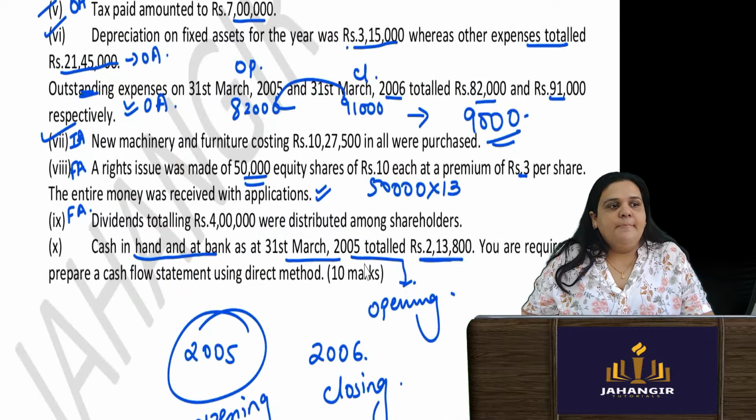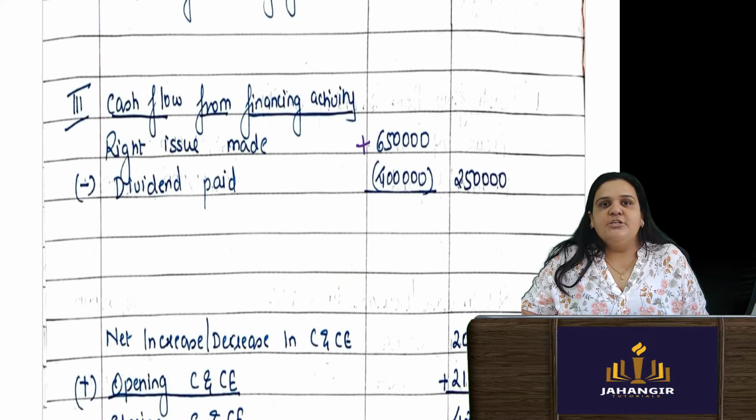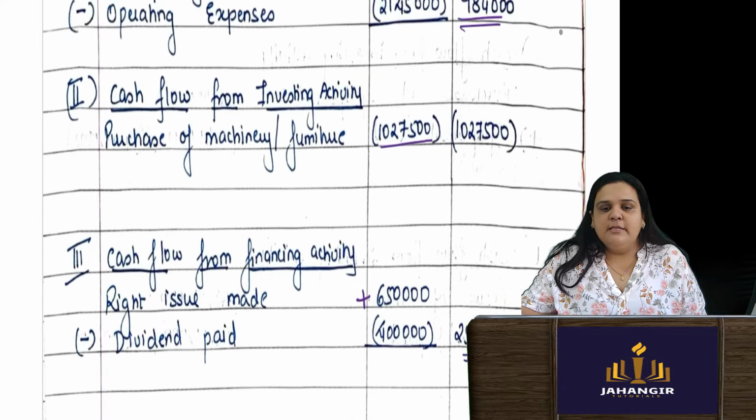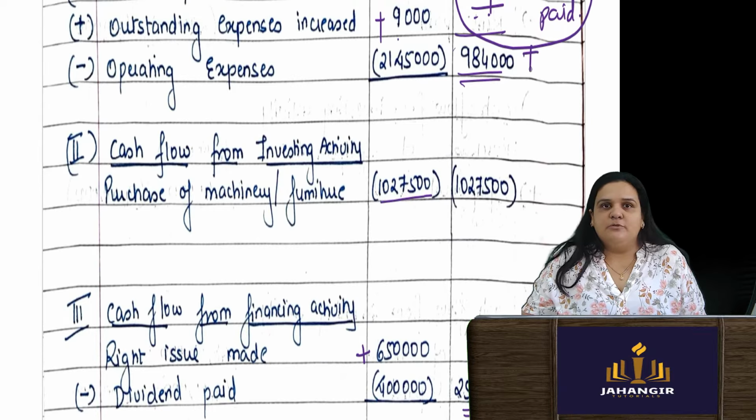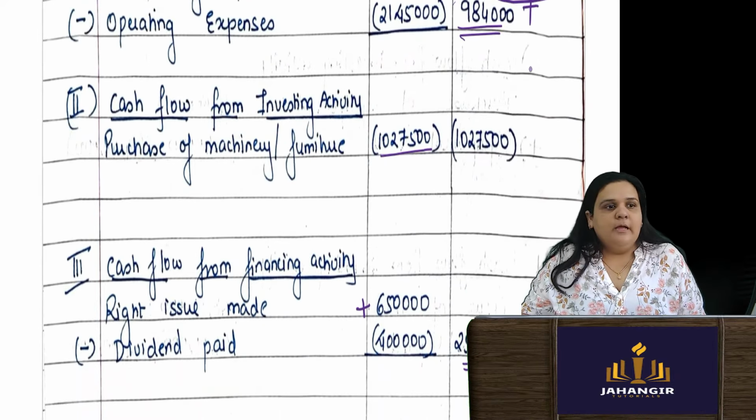And dividend paid is 4 lakhs distributed to the shareholders. That will be my cash going out. So my cash inflow from financial activities is going to be 2,50,000. Now there is positive 2,50,000. There is positive 9,84,000. Add them both. 2,50,000 plus 9,84,000. And then subtract